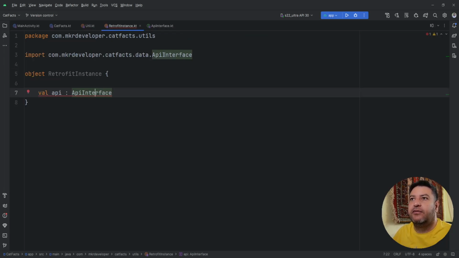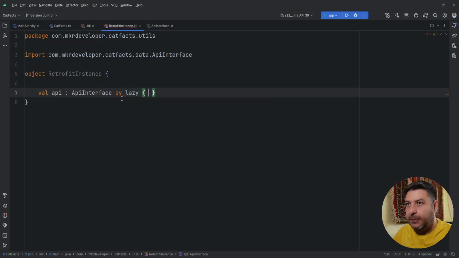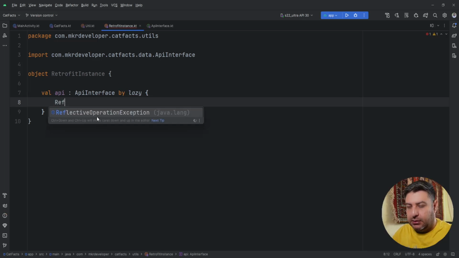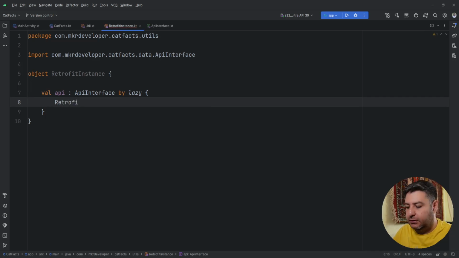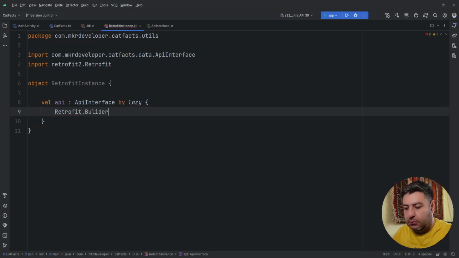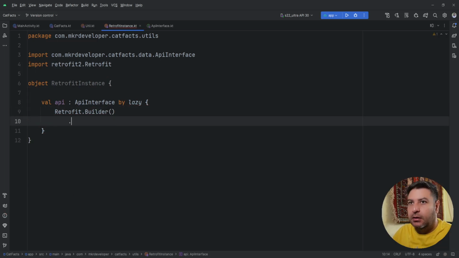Okay, I have imported this interface here, then by lazy. This by lazy means that for now we will not initialize this variable, but later we will do it. Now retrofit dot builder dot